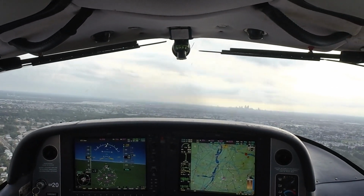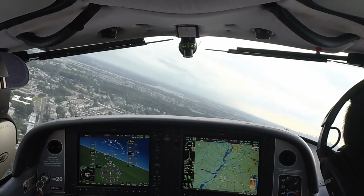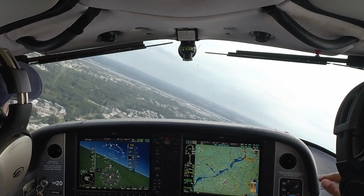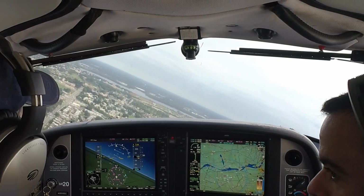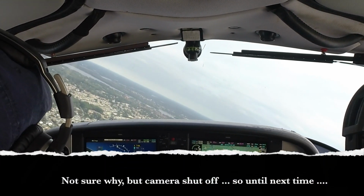So we're going to do a normal approach to landing. Flaps, everything normal. And you're going to come down to the numbers. You're going to flare as usual. But after your flare, you're going to add enough power to keep the plane at a landing attitude. And we're going to fly over the runway, and we're